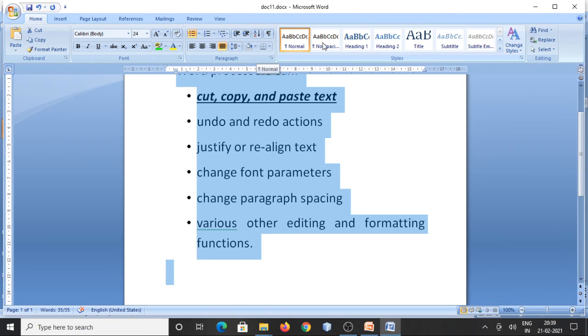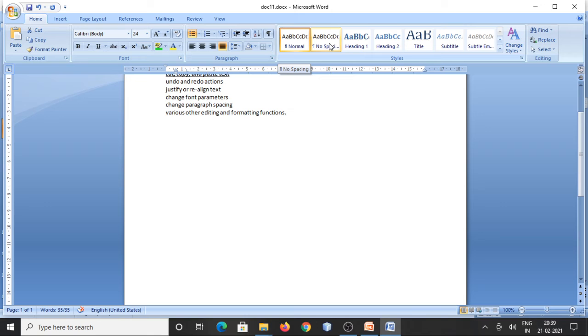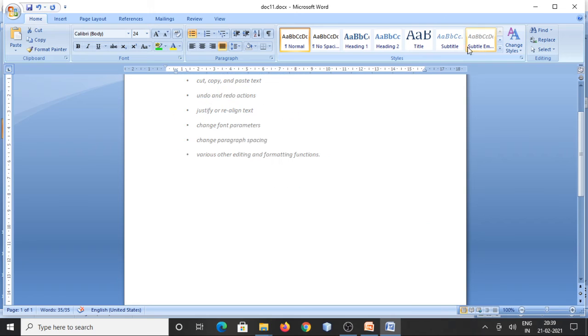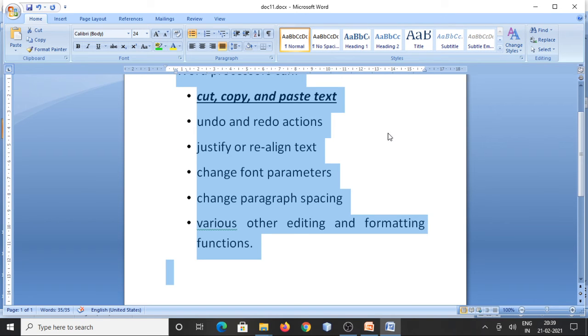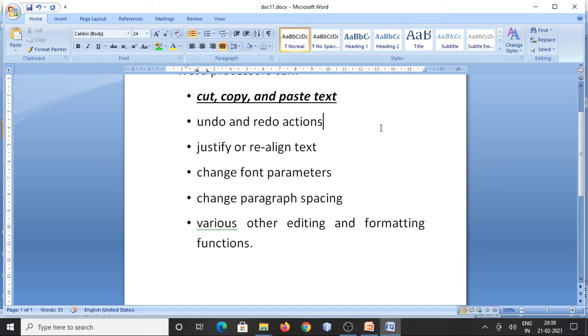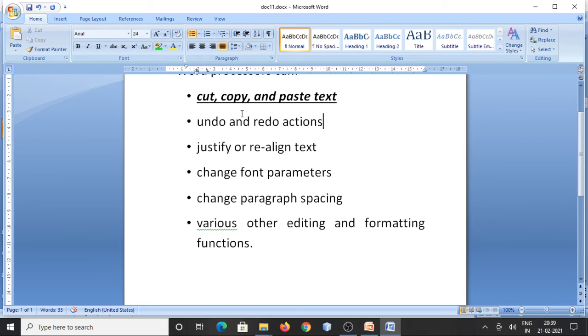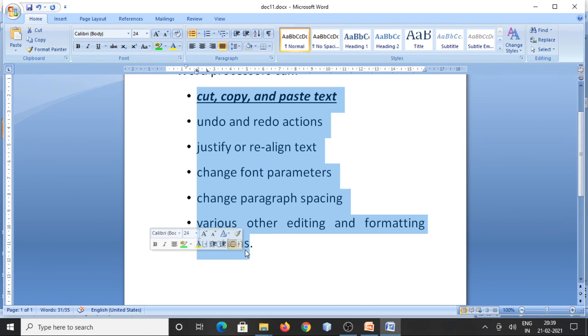Next, these are the different normal styles, and this is for heading, heading 2 and the title. Like this, a number of style options are there. If you want to change the style of the font, then you have to select the text with the help of the mouse as well as with the help of the keyboard.